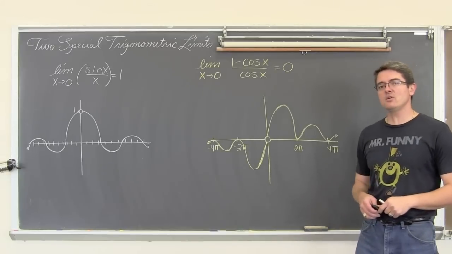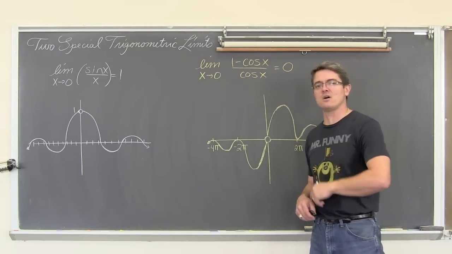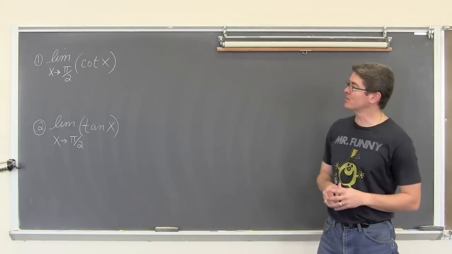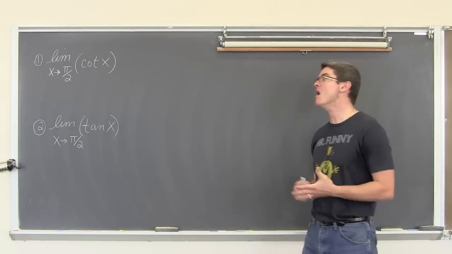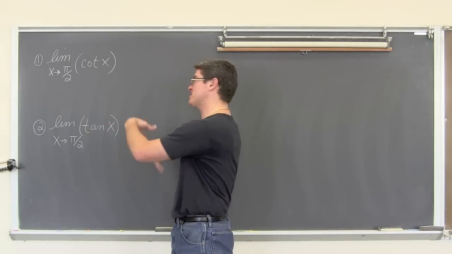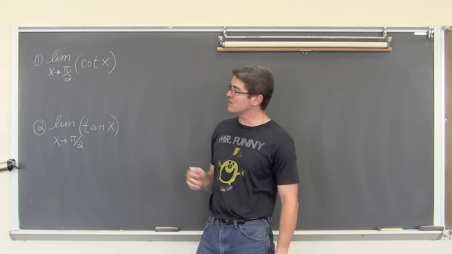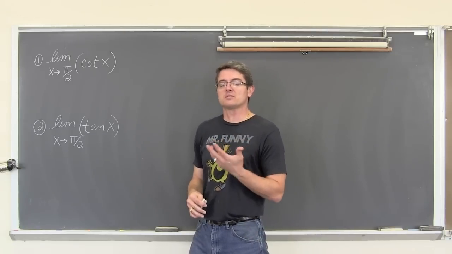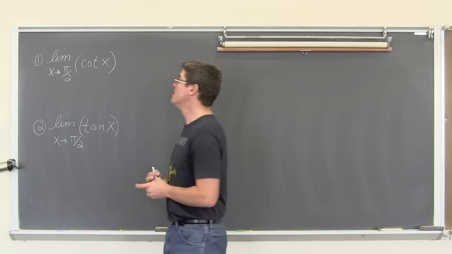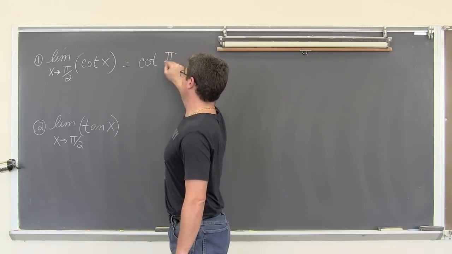And let's see how they're used. I think I'm going to do about 6 or 7 examples, and we'll call this video. Here are the first 2 examples. We have the limit as x approaches pi over 2 of the cotangent of x. Well, cotangent of pi over 2, let's see. We just had that chart up there. It said if I was finding the limit as x approaches c of cotangent of x, it would simply be equal to the cotangent of c if this value was within the domain. So, this is going to become the cotangent of pi over 2.